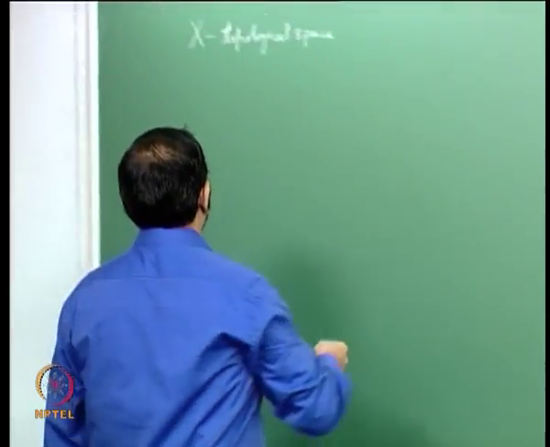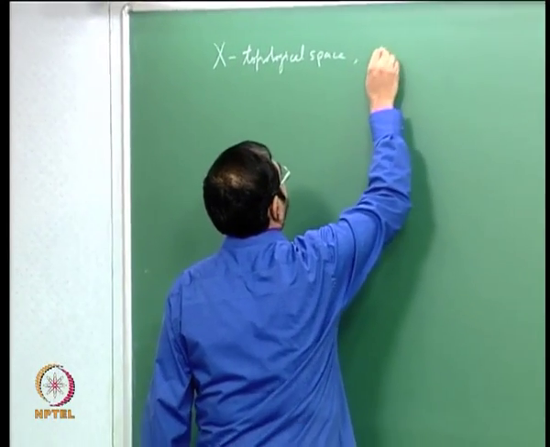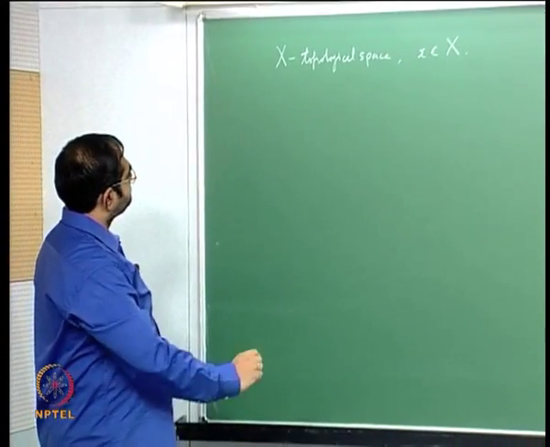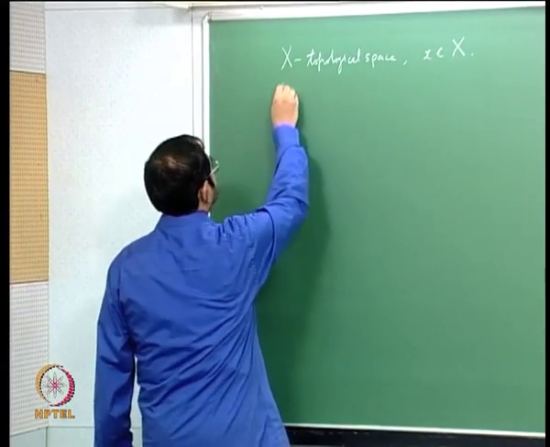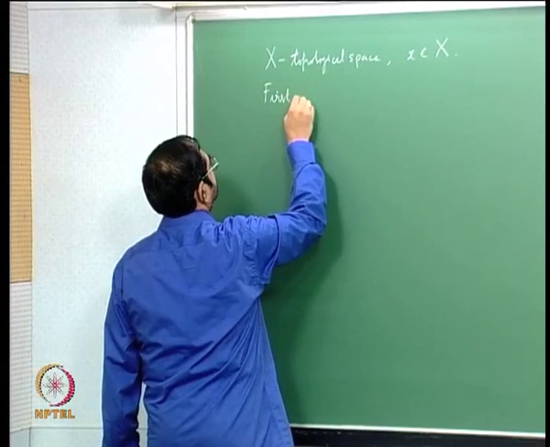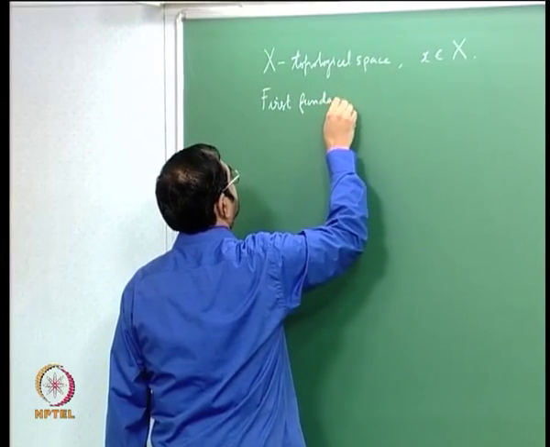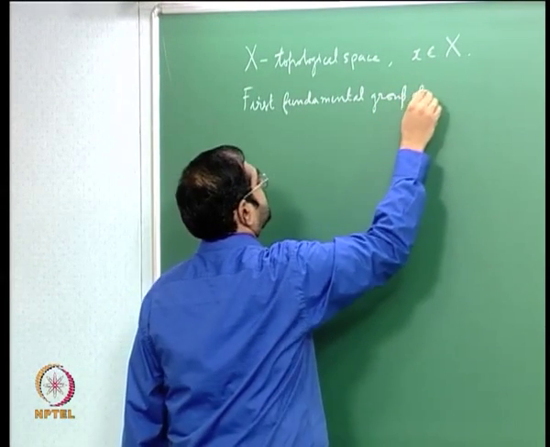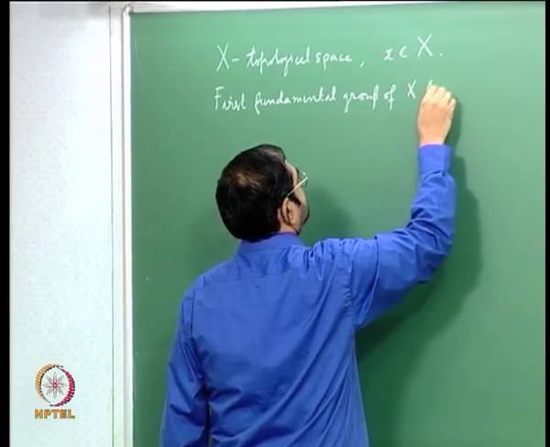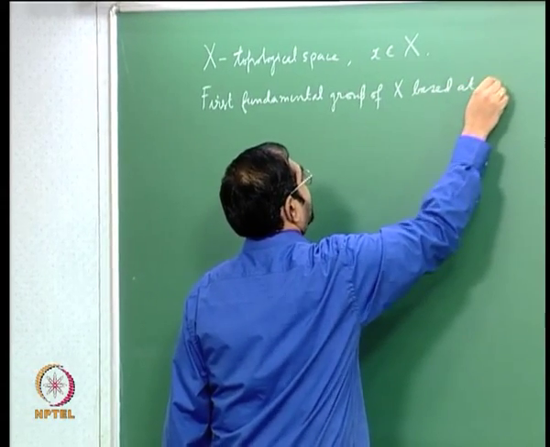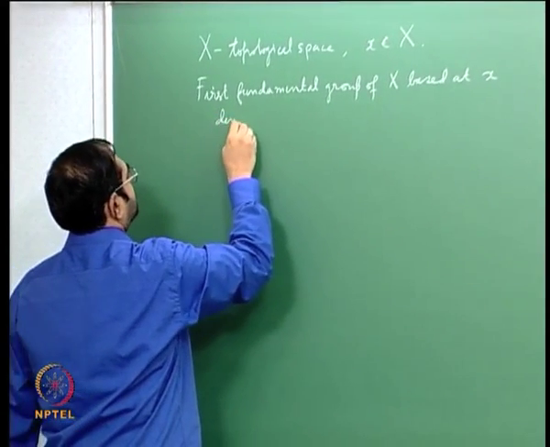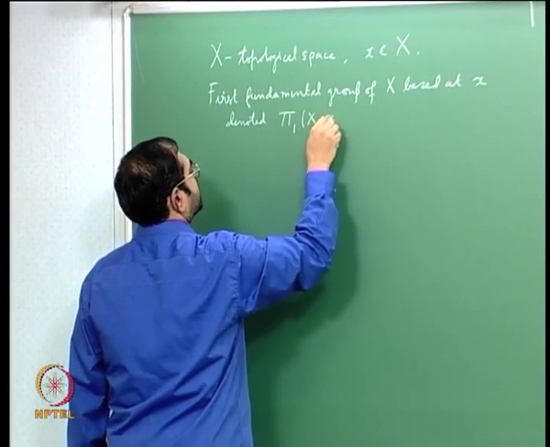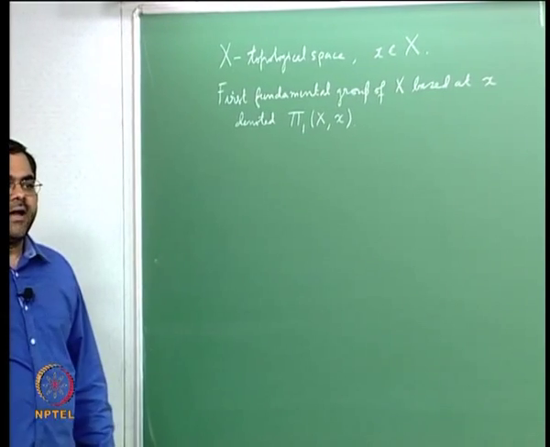So I take a topological space and I fix a point x, and I am going to define the first fundamental group of X based at the point x, and it is denoted pi1 of capital X comma small x,